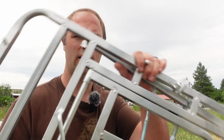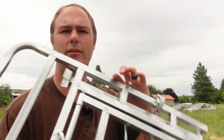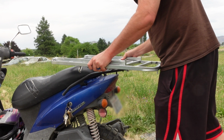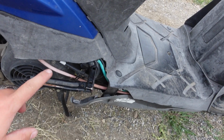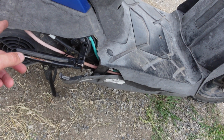Okay everybody, today I'm going to try to turn my scooter into a flatbed. I'm going to try to add this flatbed deck to it. It kind of hooks on like that. So I need to start on this side to show you how it's going to go in there, but